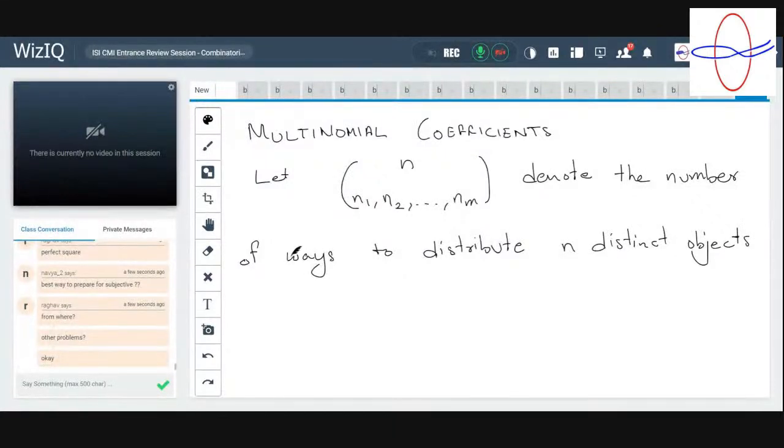Correct me if I'm wrong somewhere. I don't think I am, but I haven't read this in a while. So into m distinct boxes